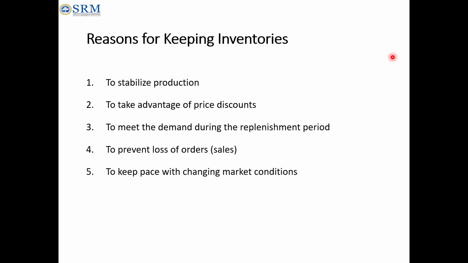And if you want to take advantage of price discounts, you should keep some inventories. For example, some seasonal discounts will be announced, or some competitor gives some discounts. At that time you may also announce some discount, or yearly discounts. If you have a yearly discount, at that time you may have lots of sales. If you don't have inventories at the third stage, like finished components, then you won't gain your profit. Even though the discount will be there, the number of sales will be more if you give some discount. During that time, you should have some inventories.